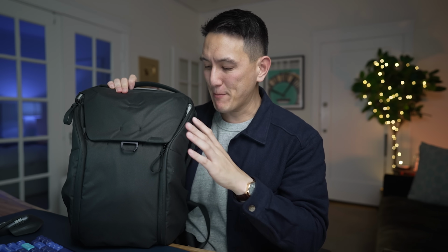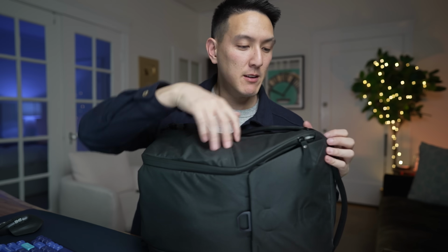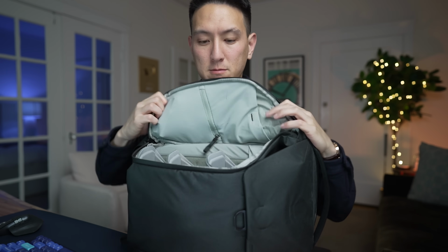It's not why I like the backpack. The main reason I like this backpack is that it has 2 different sides you can open it from the sides. So if you look at this here, you can open it from this side and get access to 3 different compartments. And you can do this on this side, but you can also just do that over here. So that's what I really like about it. No matter what side it's kind of sitting on, you can always get access to whatever's in your backpack,